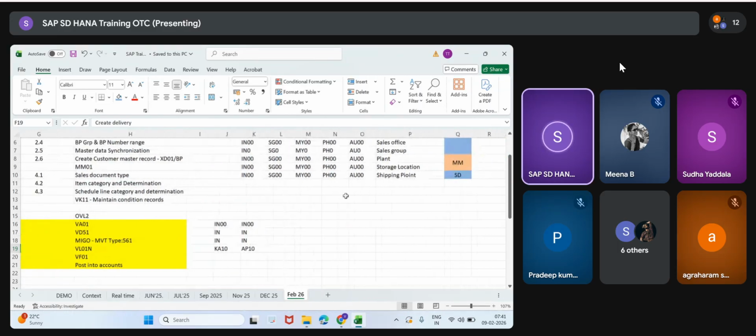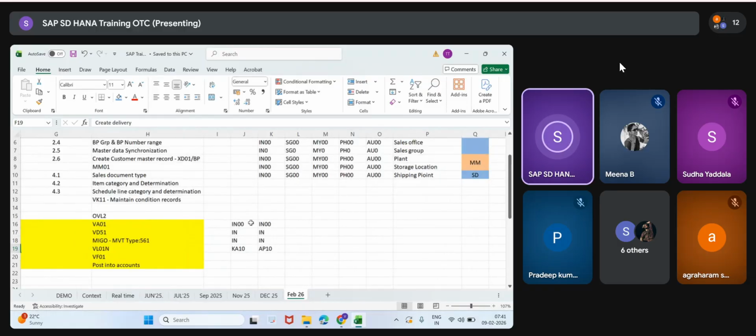While creating the sales order, suppose a shipping point comes. Inside the shipping point, 2 days loading, 2 days picking, packing, entire things. How many days? 4 days, right? Suppose I am going to create a sales order for India. Under India this is the shipping point, which has 2 days and 2 days, total 4 days.